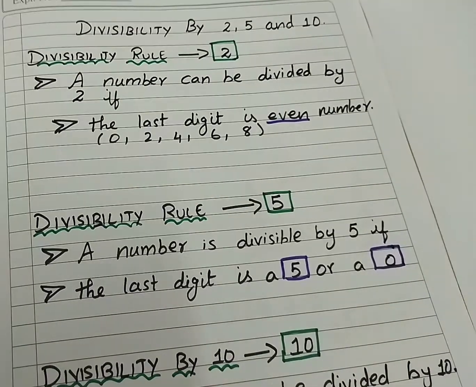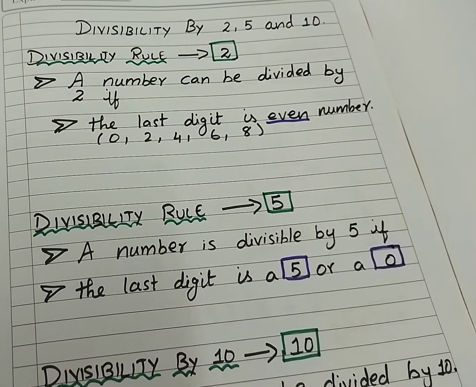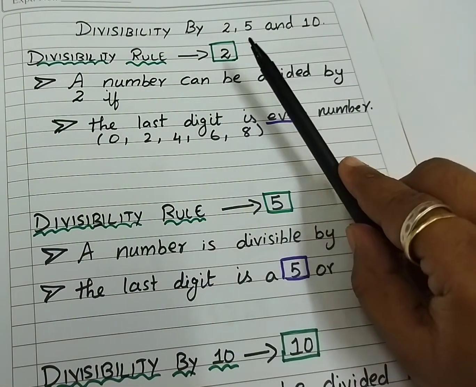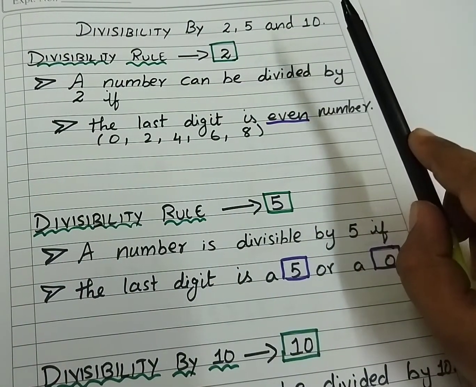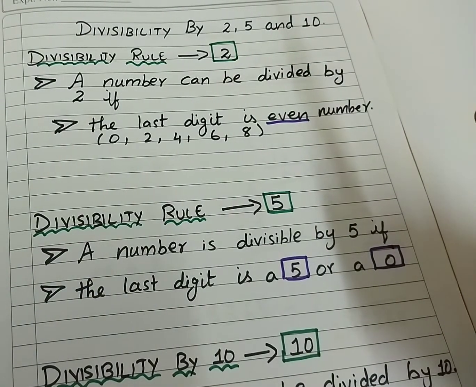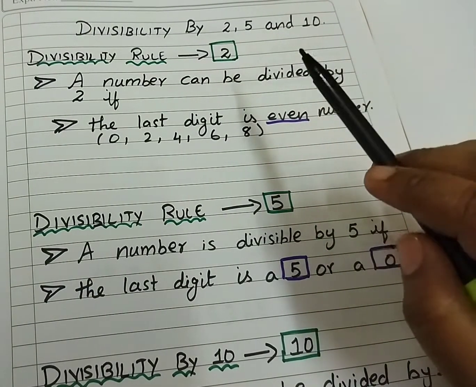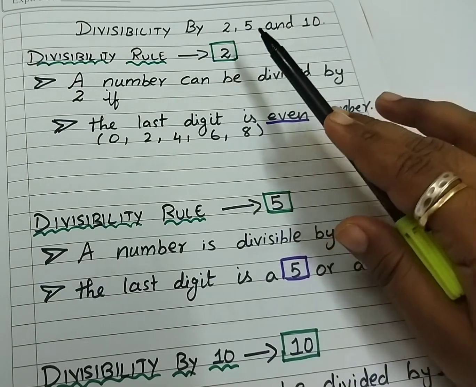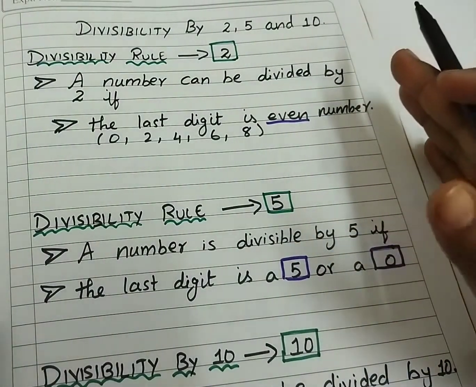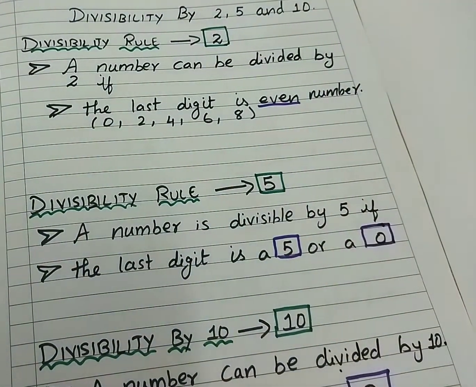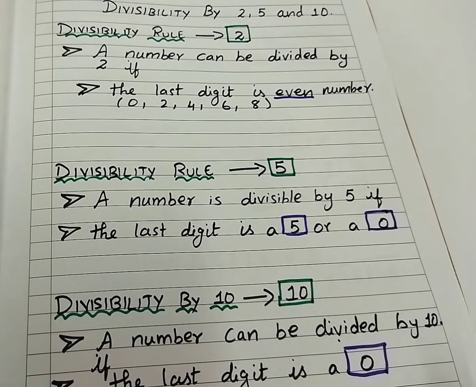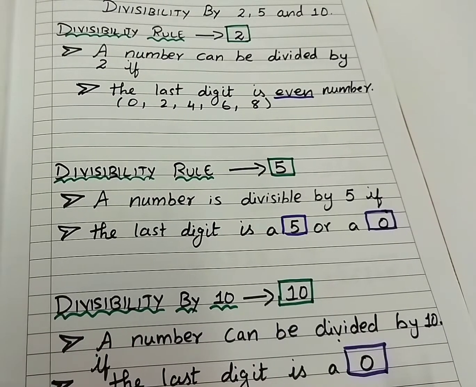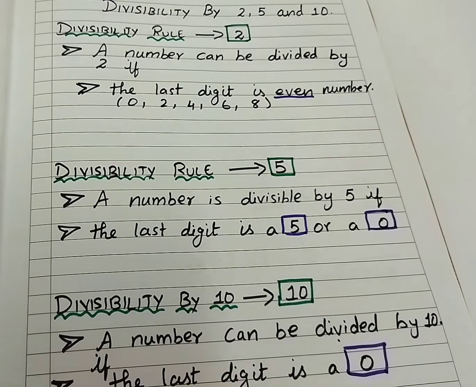This is your magic. First, we will learn the divisibility rules of 2, 5 and 10. Seeing the particular number, immediately you can say whether that number is divisible by 2, 5 and 10. Why have I made these 3 numbers a set? All these 3 have the same procedure, the rule is slightly different.